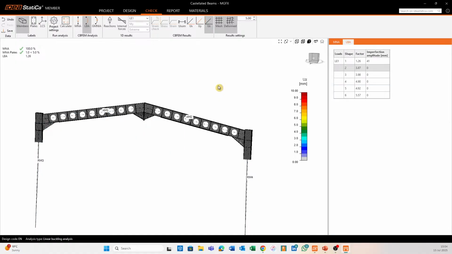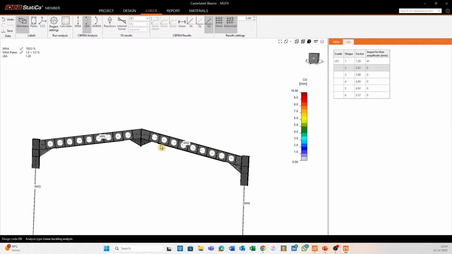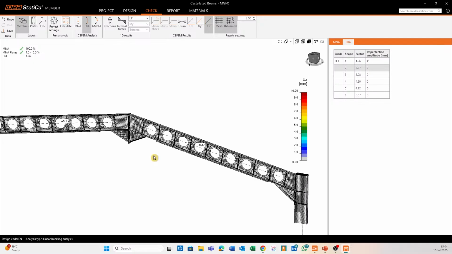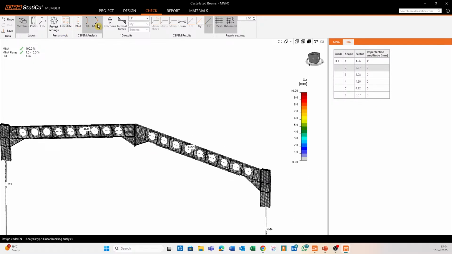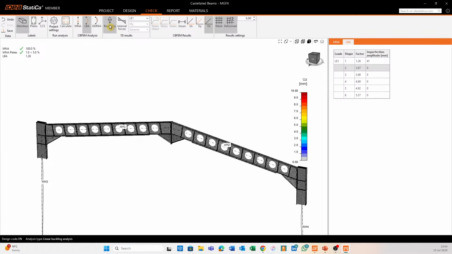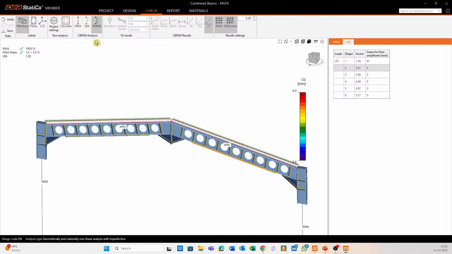Okay, 1.26, so not a massive improvement actually. All right, let's run our GMN and see what happens. And while we're running the GMN, I can actually conclude with saying that